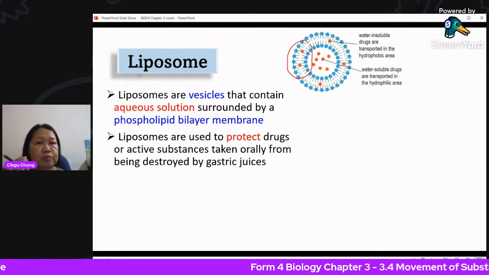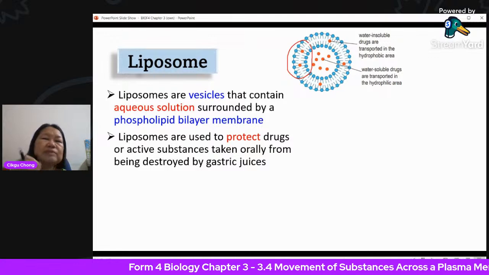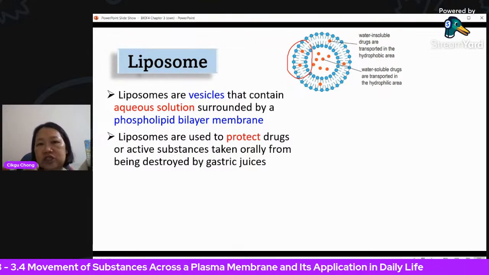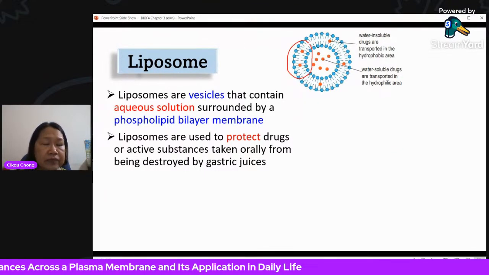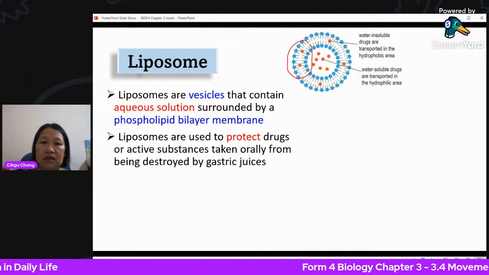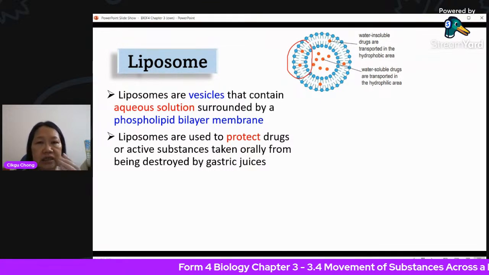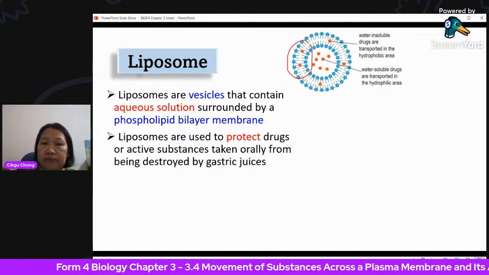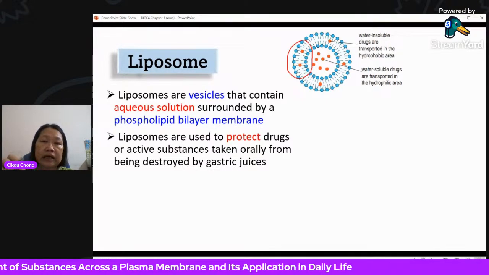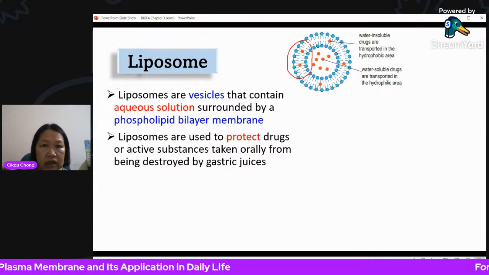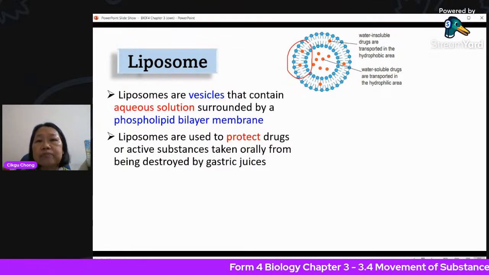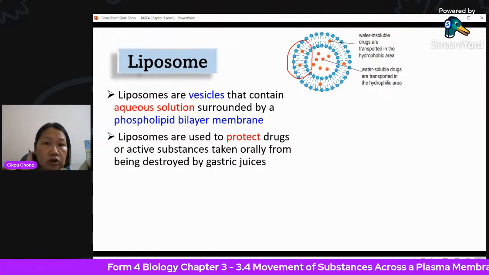Usually they are substances. It could be medicine, it could be drugs. All right, drugs means medicine. All right, don't call it drugs as in dadah. Right, it gives you a very negative impression. Drugs just means medicine, that you want to deliver into your body. So if you ingest it, if you take it through the mouth and all that, you see all this medicine can be destroyed by your gastric juices. Okay, because this medicine usually is water soluble. They are water soluble drugs, right? And then in your stomach, you have water, you have acid and that. It can be affected by the substances in your stomach. It can be destroyed. So it will not be so effective later when it enters your